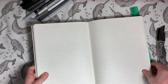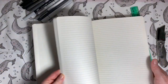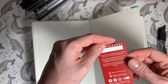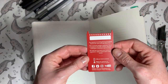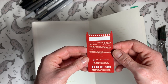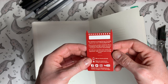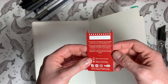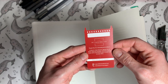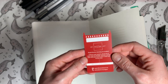So that was included with it, so you can get special offers from them, which is kind of nice. And then the pages feel really good in my hand. They're very smooth. Oh, here's another card. Look at that. This is how to share on social media with them to let them know how they're doing. Facebook, Twitter, Instagram, YouTube. Amazon, leave a review, of course. Tell us what you think. So I'll probably leave an Amazon review. That's where I purchased it from, though you can get it from